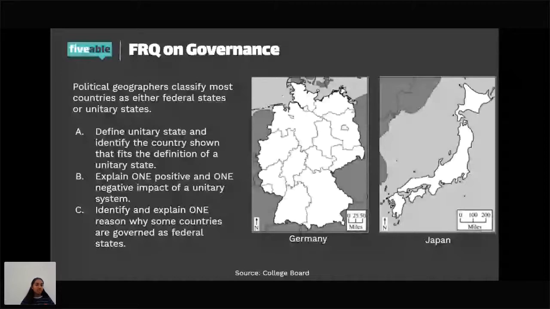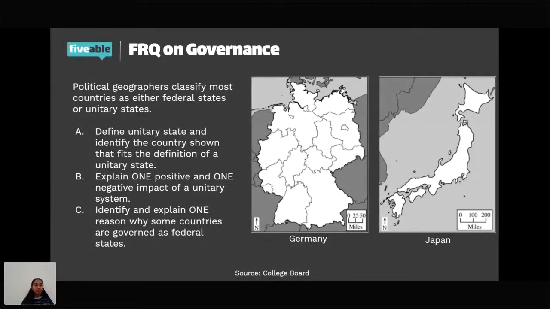So, one positive and one negative impact of a unitary system. They've listed a bunch of impacts here, so I'll be going through the positive impacts first. One of them is the standardization of laws and their implementation across the country. Everyone in the country would follow the exact same laws, because there's no state